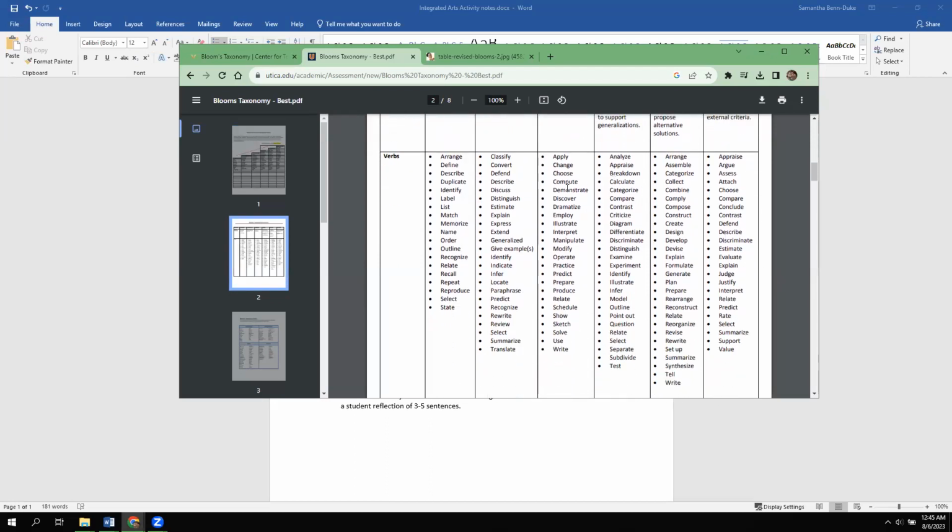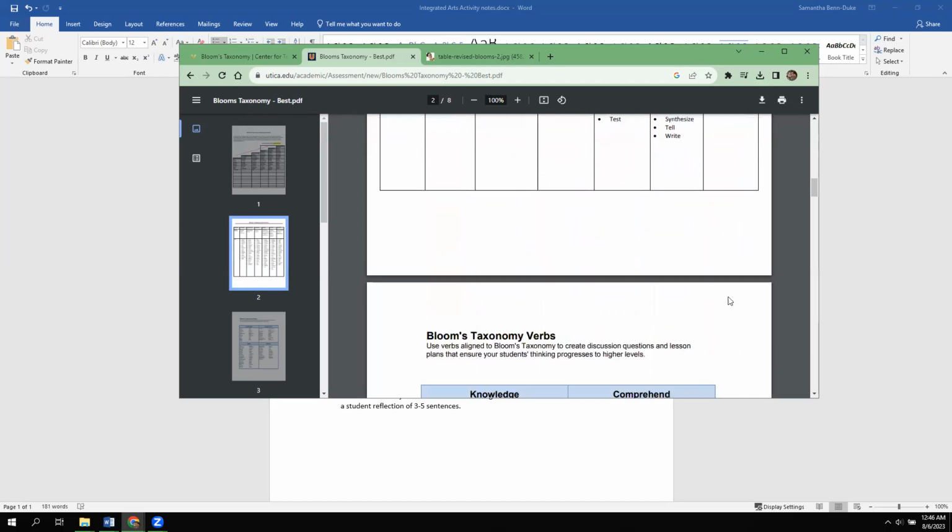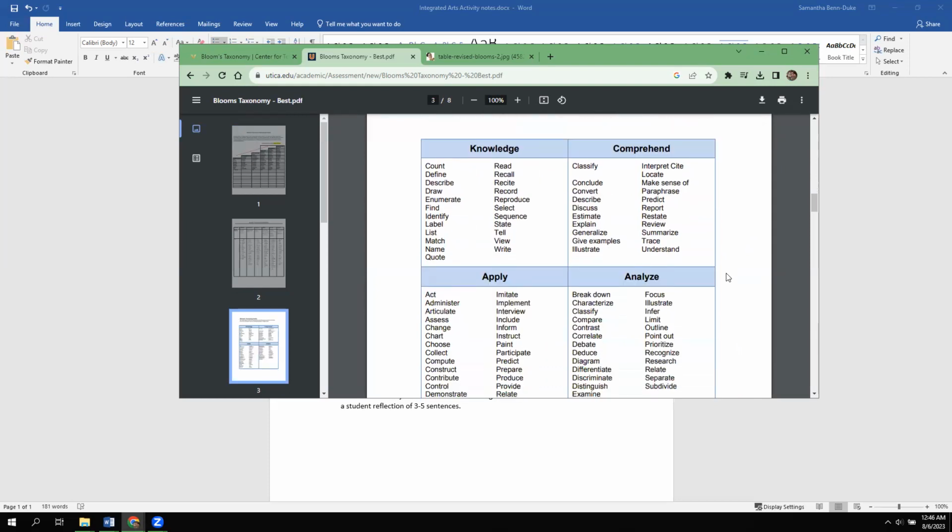This one has more examples. And you can look through here and see which ones might be good fits for the arts. And there's another example here of how they're organized. So lots of different forms you can use for this. I Googled to see